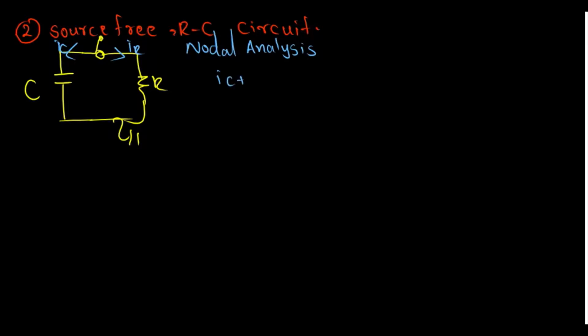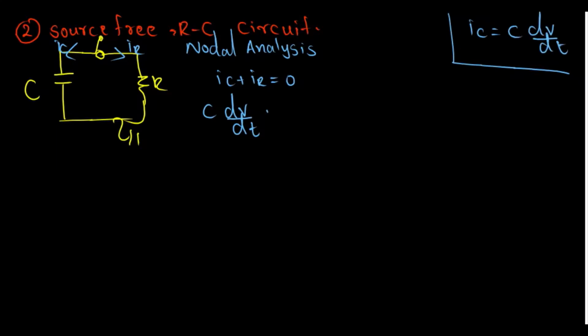IC plus IR is equal to 0. For IC, what we have to do is C into dV over dt. If you don't know, you have to remember that the current through a capacitor, IC, is equal to C into dV over dt, plus IR, which is V over R, is equal to